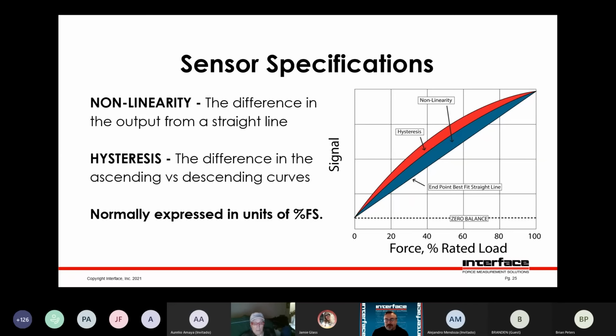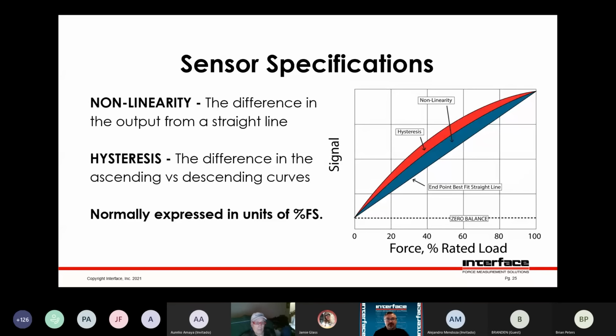And so hysteresis is the difference between the curve on the way up and the way down. This is a good example of a spec that you may not care about. So hysteresis error, if you're not going to be taking descending points, you can completely ignore hysteresis as your error. If you're just taking 0, 50, 100% loads and you're done, who cares what the hysteresis is? Now, if you're coming back and trying to measure 50 pounds on the way down and want to see what the difference is, say, between coming down and up, well, the load cell hysteresis error actually contributes to whether you can actually compare those two measurements.